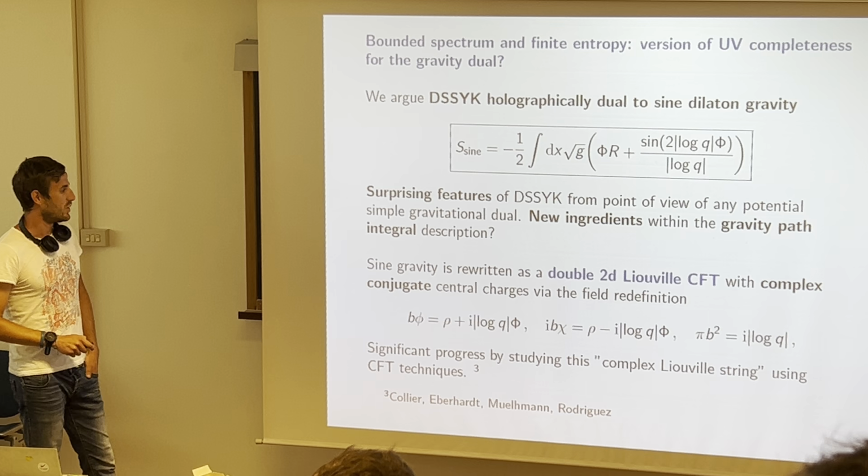the SYK model is a system with N Majorana fermions whose dynamics is governed by the following Hamiltonian. So we have a string of p fermions that are interacting with these Gaussian random couplings. And what's interesting for us in order to find a gravitational dual is that